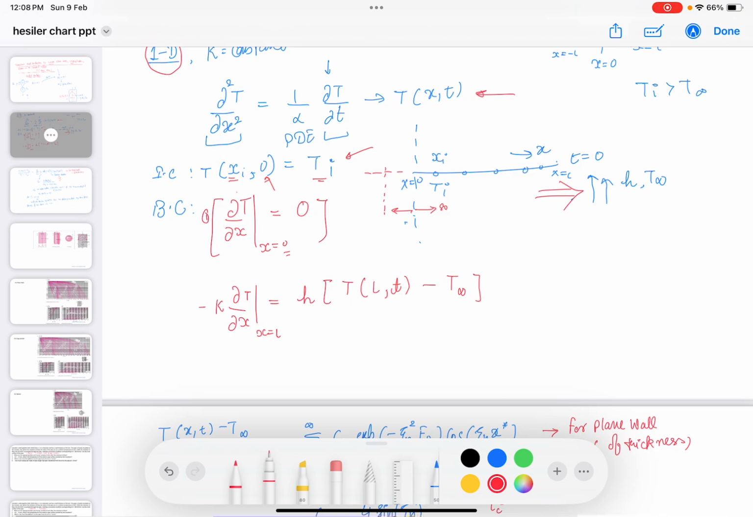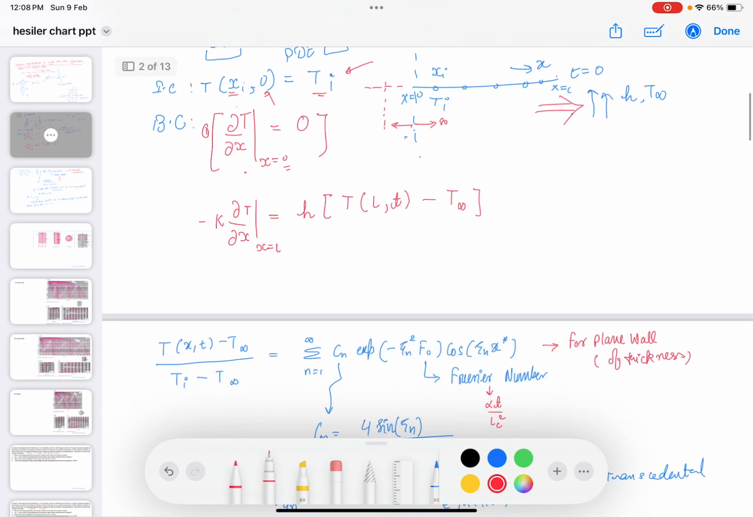Gradient of temperature is 0 at that particular location. And the second boundary condition will be x equal to plus L or minus L, both are the same. So heat flux at x equal to L is balanced by the convection on that surface. And when we solve this problem by advanced mathematical techniques, we will reach